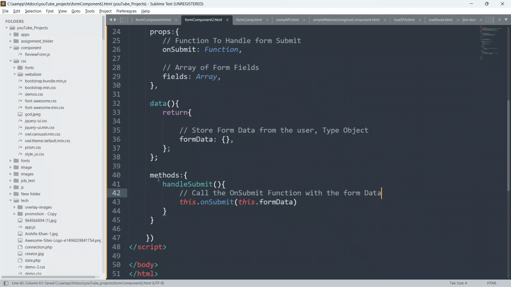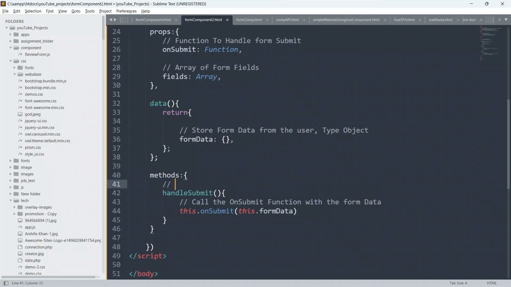And here I will add the function comment also, handle form submit.